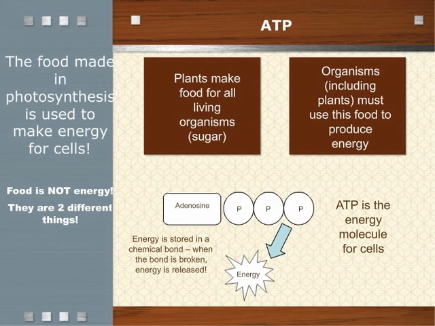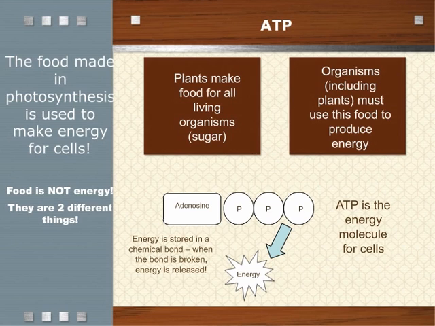adenosine triphosphate. Food is not energy. Food contains chemical energy, but living organisms must convert that chemical energy to a form that they can use. That form is ATP. If you look just beneath the cycle in the upper right-hand corner of your graphic organizer,